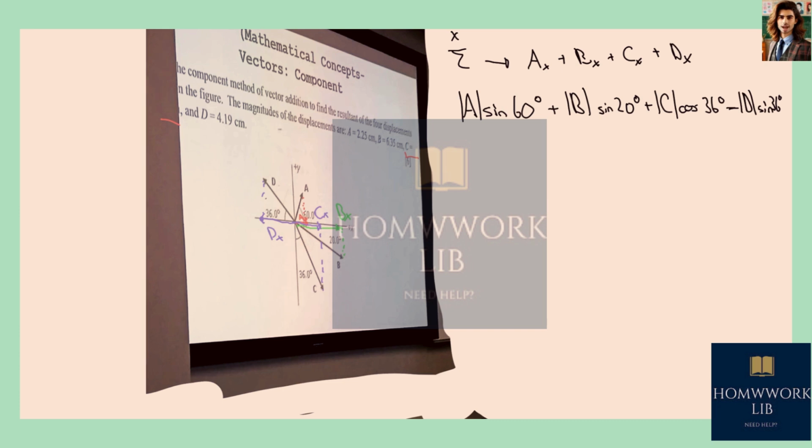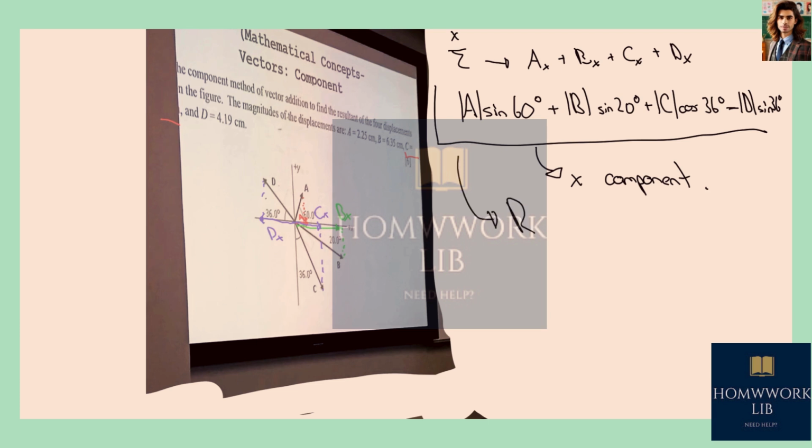So all of this is going to give us the x component of our vector. In this case, we're not going to proceed with the result since we are missing the value for the magnitude of C, but this is going to be the method to get the x component for the vector. And the resulting number, let's call it resulting x. Okay? Now, for the y component,